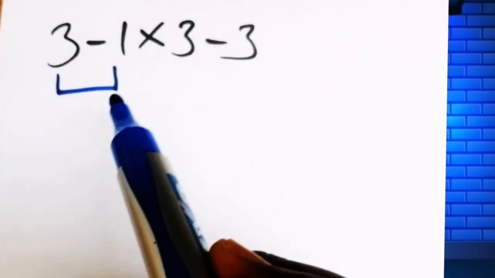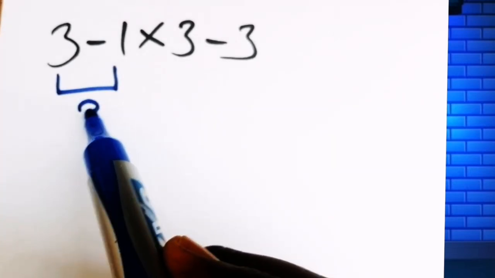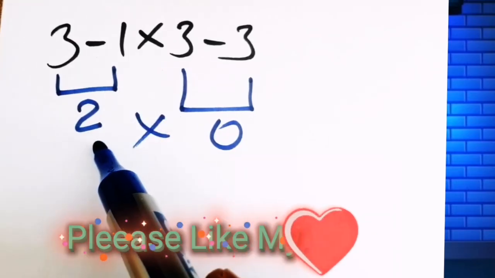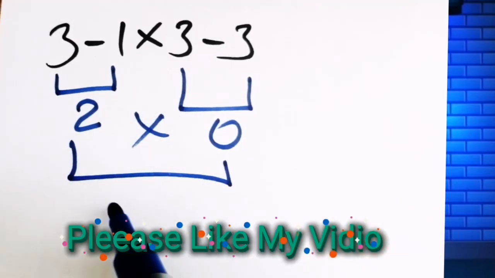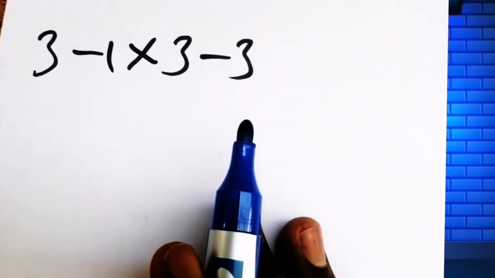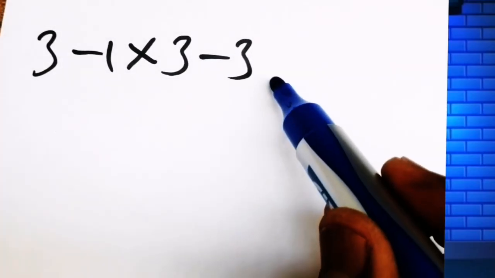3 minus 1 is just equal to 2. Here is also 3 minus 3 is 0. Therefore, the expression is equal to 0. Okay, but this answer is not correct because according to the order of operations PEMDAS, first